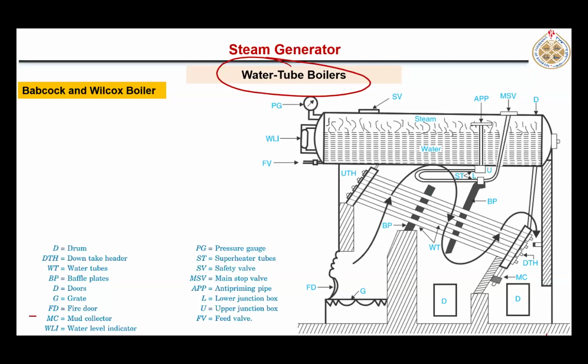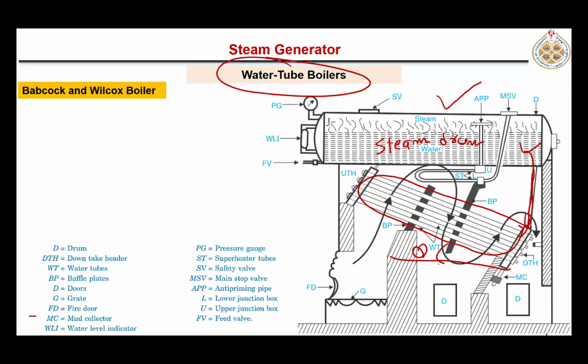So here you see a big shell in which water is stored. And inclined water tubes are installed here, right? Those are connected to this main steam drum. This liquid water flows towards these tubes. These tubes are arranged at some angle theta, right? So